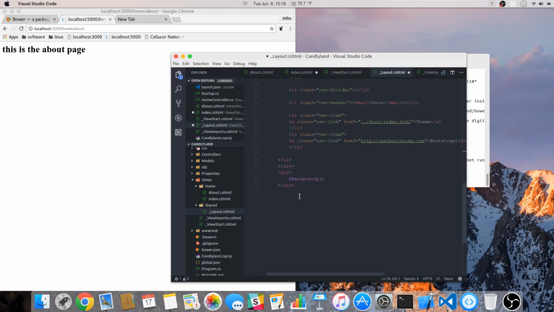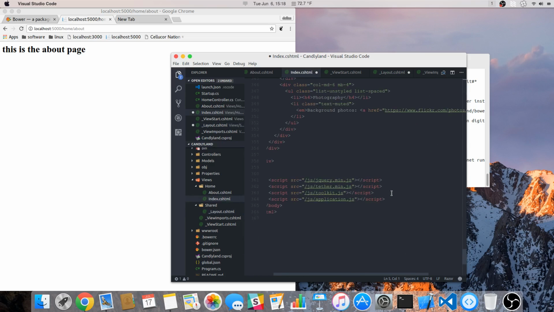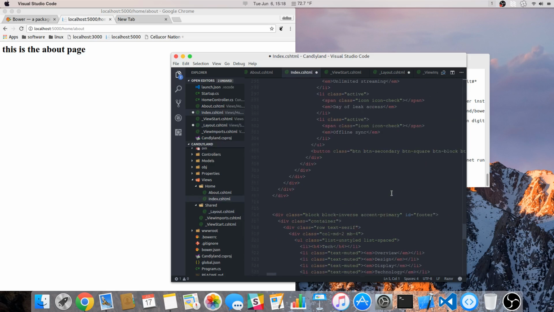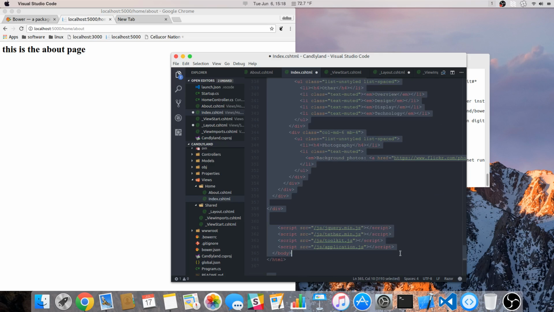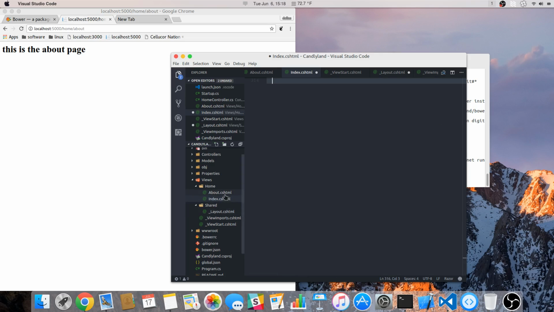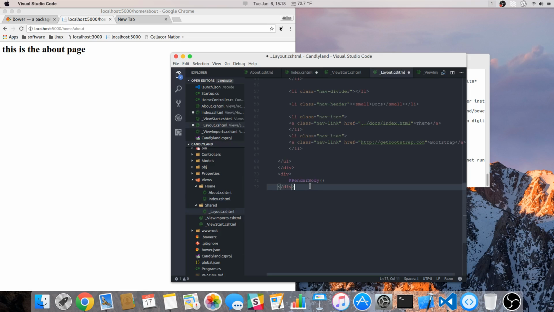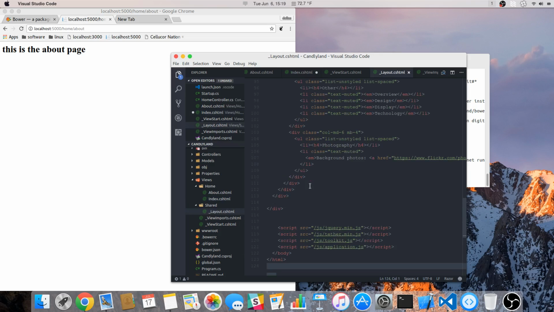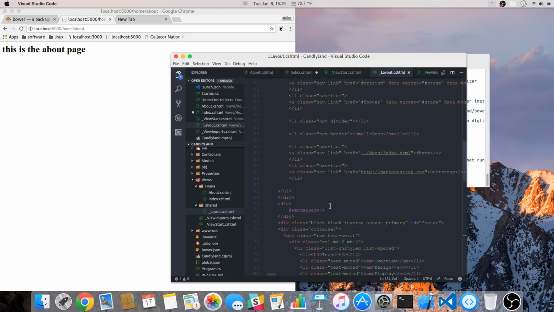Okay. The next thing I need is our footer, because that's on every single page, right? So grab this right here. It's our footer. Control X. Come to our layout. So after we render the body, Control V. Save. Alright. So what this render body tag is